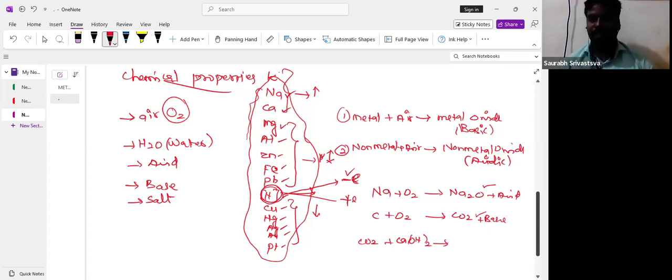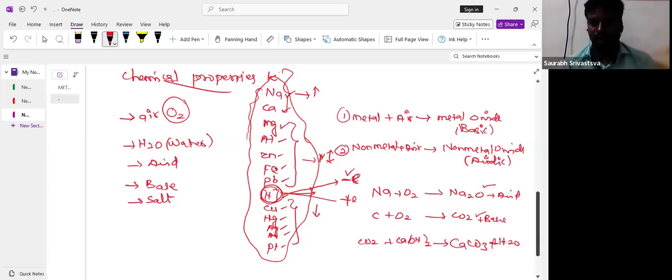And after that, from our atmosphere, carbon dioxide will be there. So then it will absorb the carbon dioxide. It becomes calcium carbonate on the wall. That means calcium carbonate will form as a solid, white color solid. The white color solid only we are applying on the wall. So CaCO3 plus H2O you will get. The H2O will evaporate and the CaCO3 will be deposited on the wall.